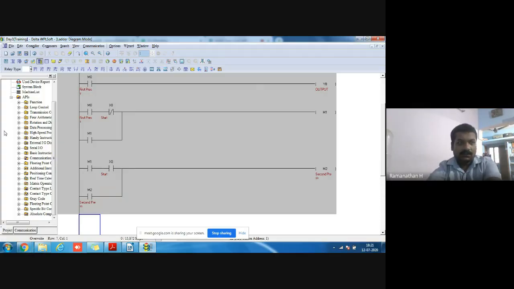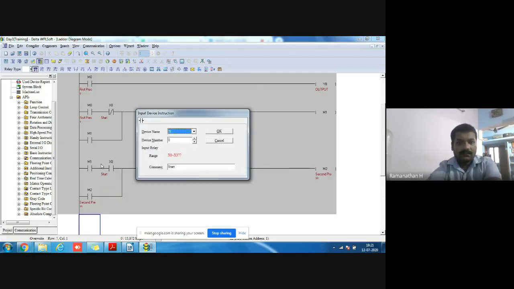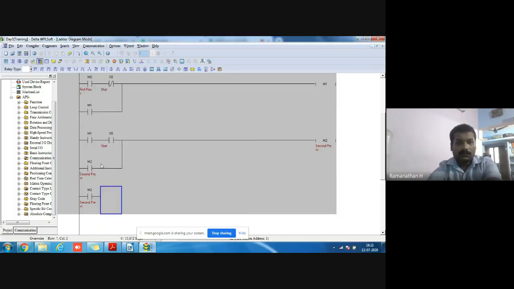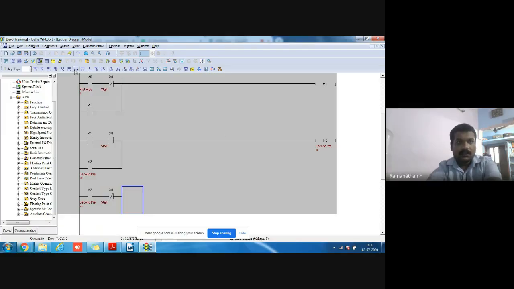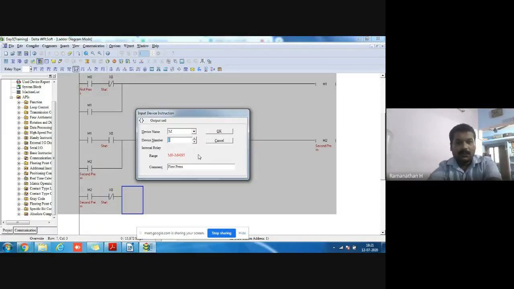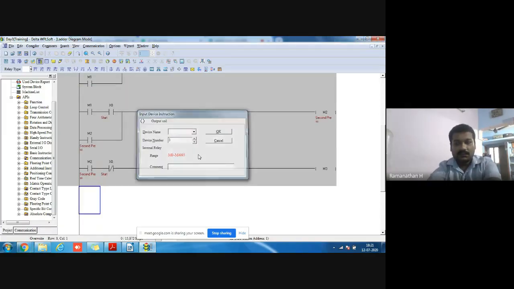Once the second press is obtained and the input goes to the off state, the NC state, I assign another dummy coil, that's M3.